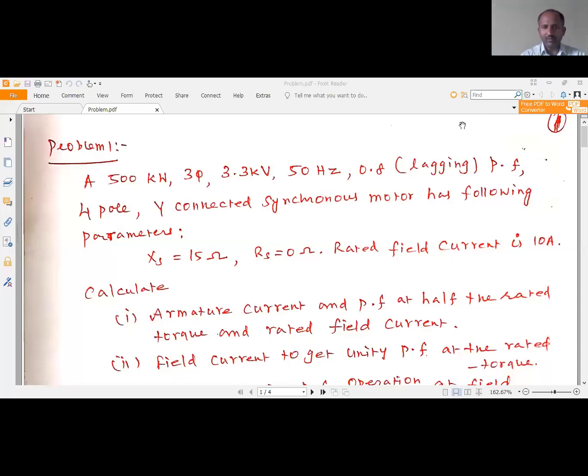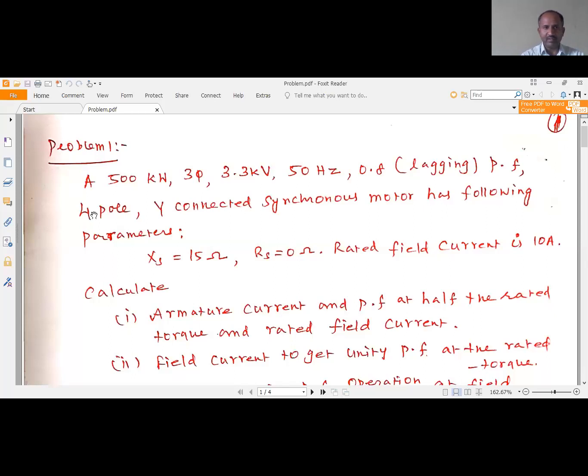Okay, welcome back to the next session, where the problem is based on what we have discussed in the last session. In continuation with the last session, the second part is where